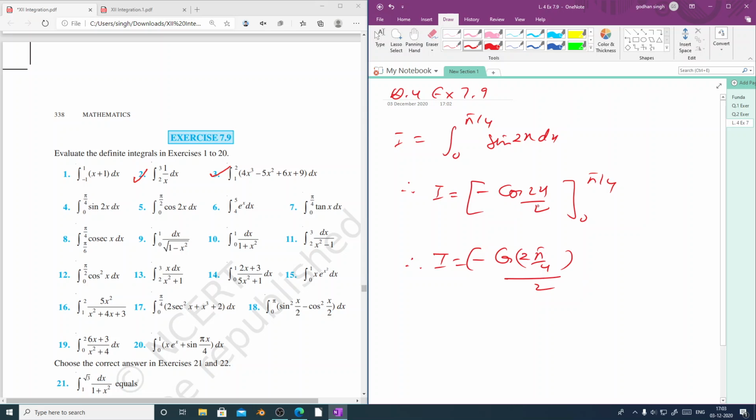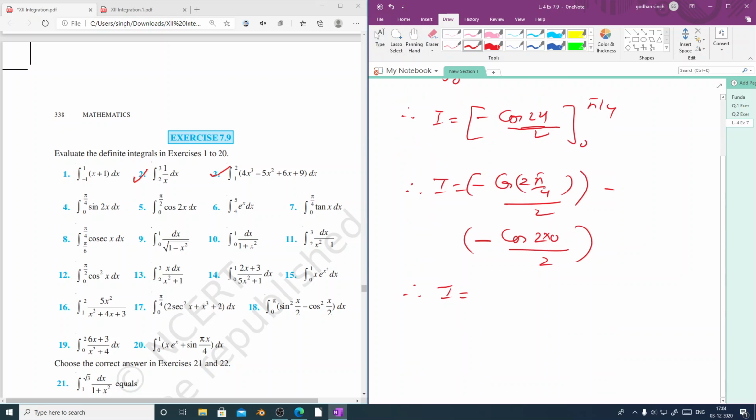Here cos 2x is being divided by 2, not just the 2x, and this will close, then minus, as it is here, minus one more is there, minus cos 2 into 0 over 2. So therefore we will be getting I equal to,